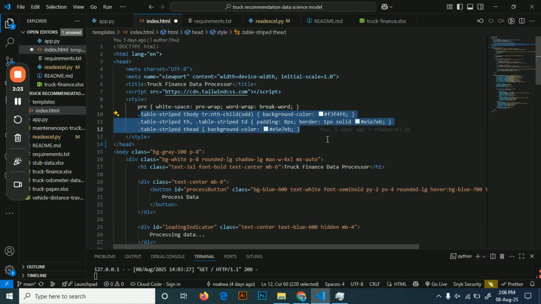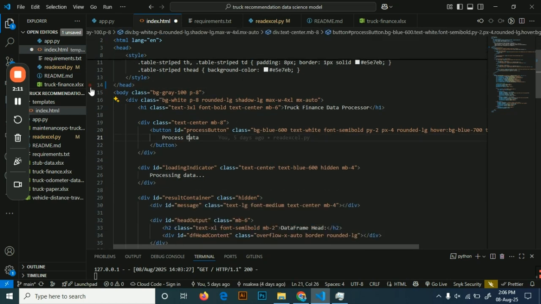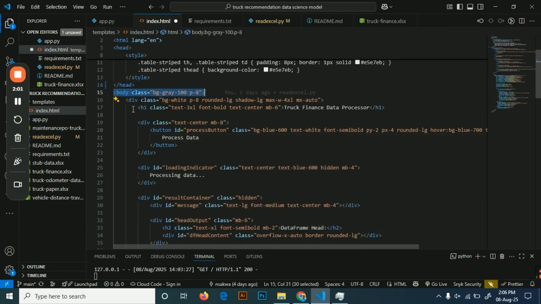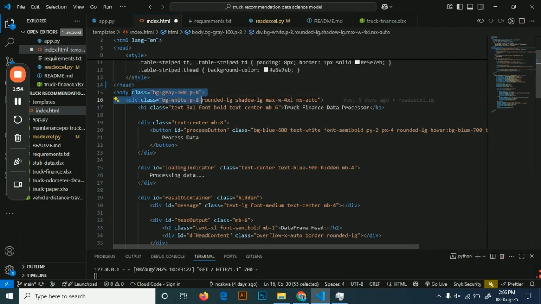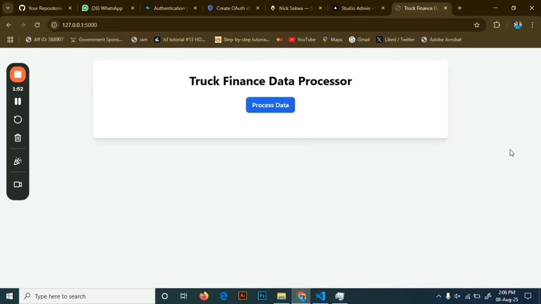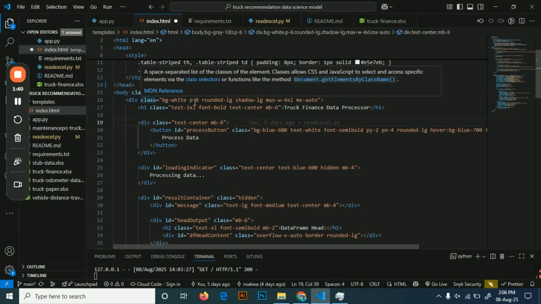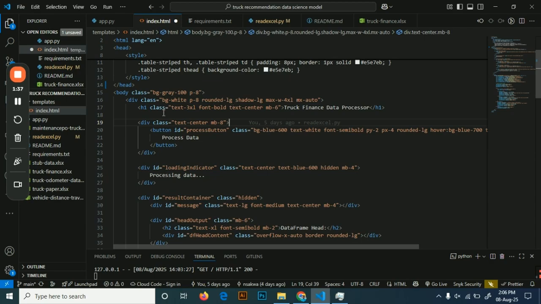We have tables, table headings, table data. We have a body tag. So when we're using Tailwind CSS, we always have class. We implement a predefined CSS using the class function. So body class BG gray, meaning our body is going to be gray. So back to the code, another class BG white, it's rounded, and within that class will include text, track finance